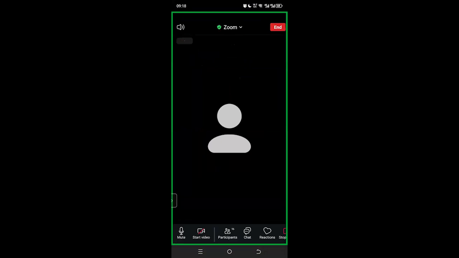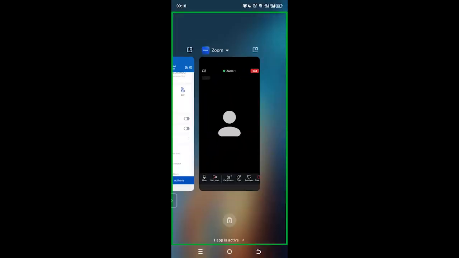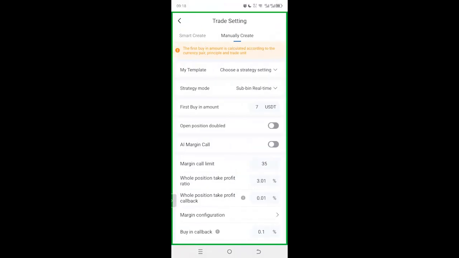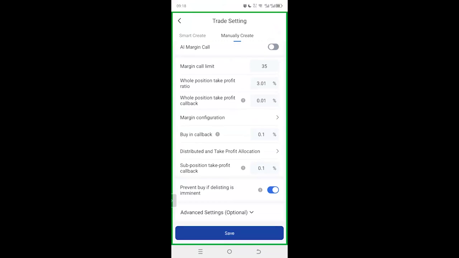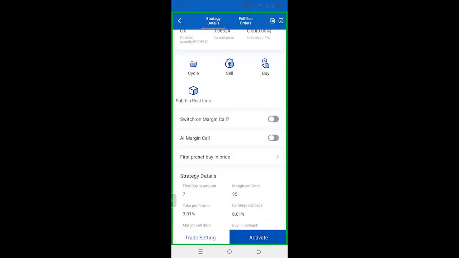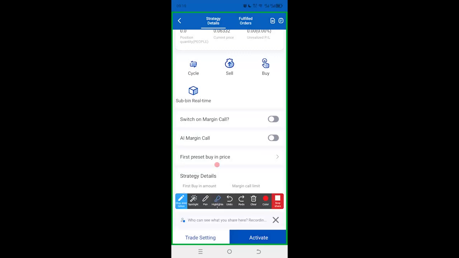So, ladies and gentlemen, now the remaining part is just simple. You see? Come here. Before that, make sure that here,